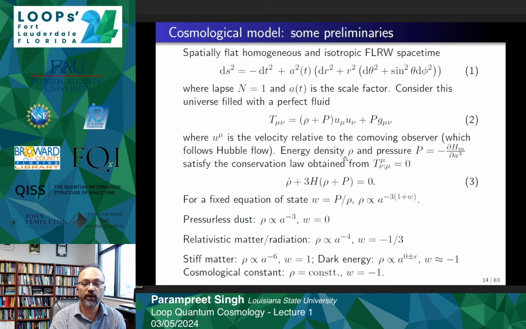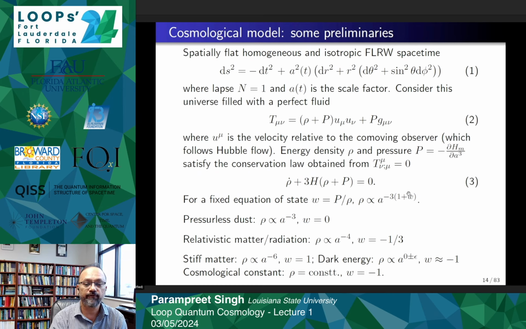The energy density rho and pressure P, where pressure P can be written as minus ∂H_m/∂V, where H_m denotes the matter Hamiltonian, satisfy the conservation law, rho dot plus 3H times (rho plus P) equal to 0, which comes from the covariant derivative of T^mu nu. H is the Hubble rate, which is a dot divided by a, the rate of change of scale factor divided by a. If you take a fixed equation of state, w, which is pressure divided by rho, then